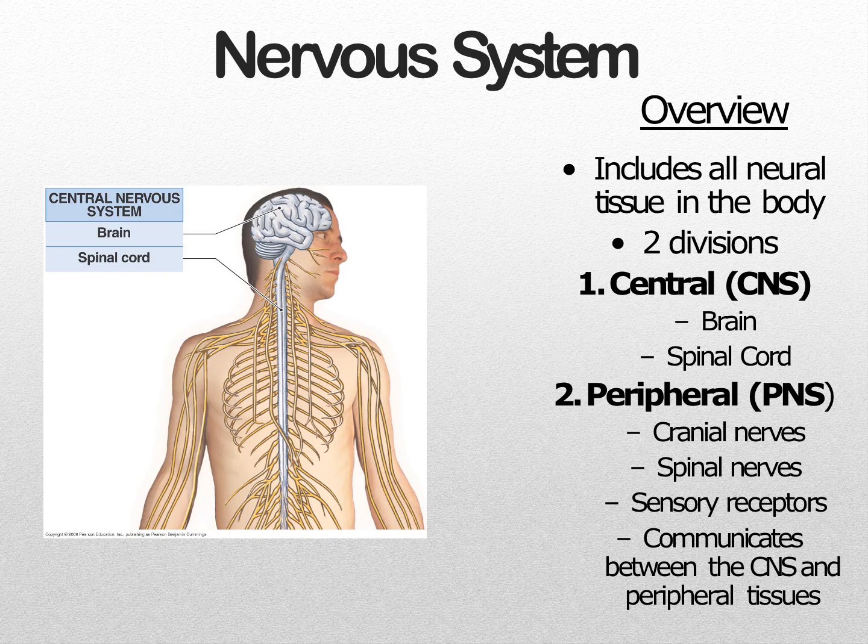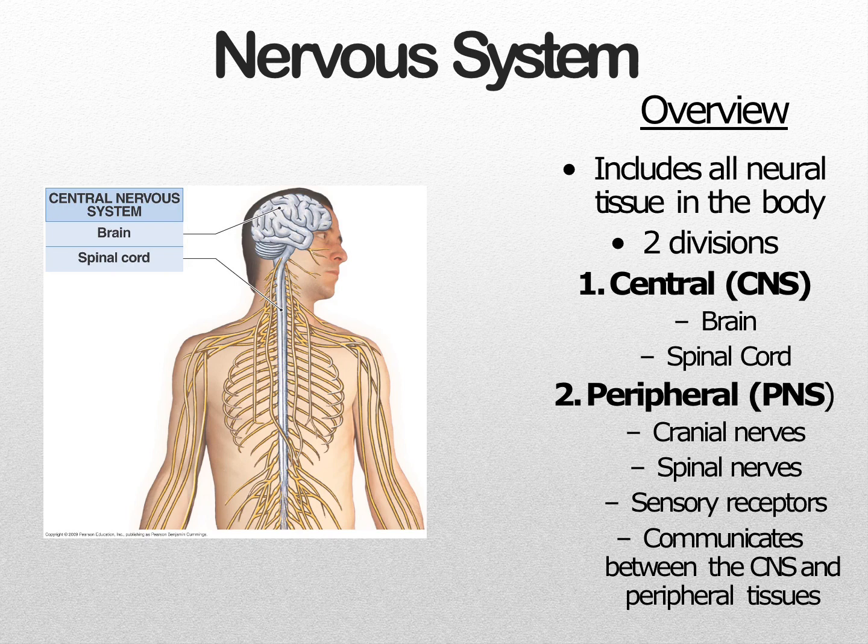So, the nervous system is actually divided into two systems. Okay, so it includes all the neural tissue in your body, but it has two divisions. The first division is the central nervous system, or CNS, and that includes the brain and the spinal cord. The second division is the peripheral nervous system, and that includes all of the nerves that hang off of this